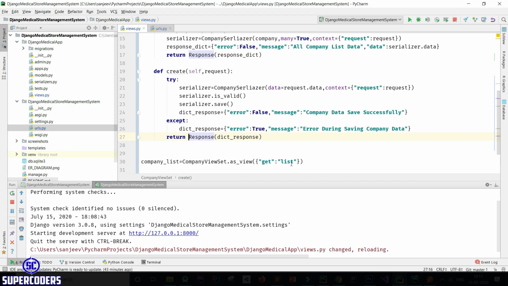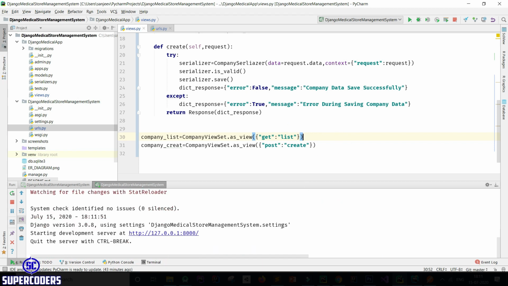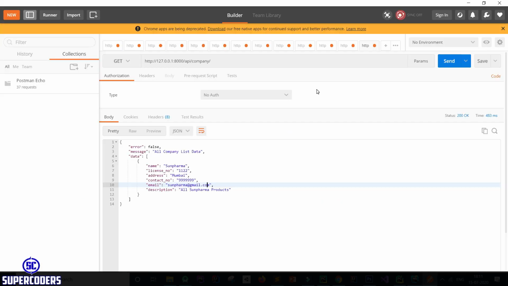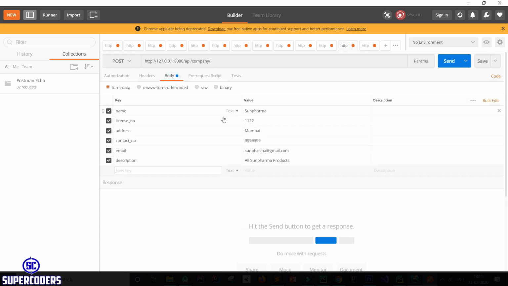Now also add this here, company create. So post and copy this. Now let's create company data. So open Postman and here already you saw this, I showed this in the previous tutorial. Change this to Glenmark.